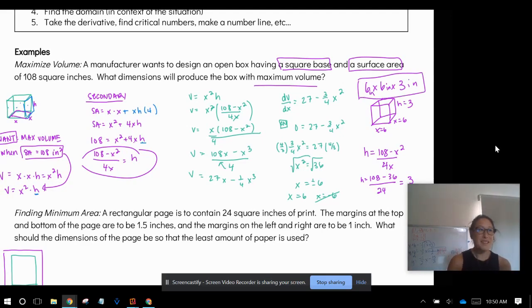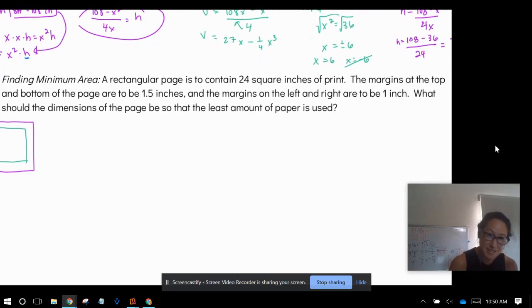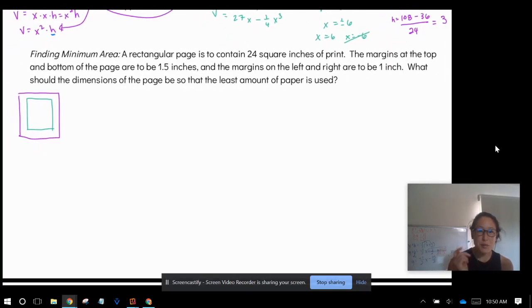Okay, and that's problem number 1. Let's move on to number 2. Let's maximize the area of this paper. All right, so we got some paper. It's a rectangle. The writing area